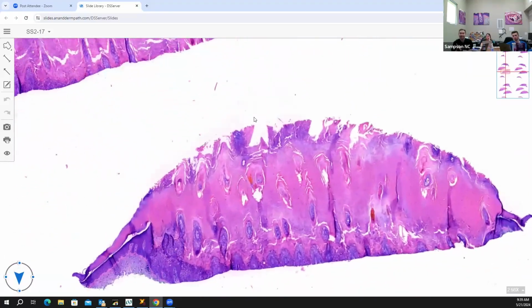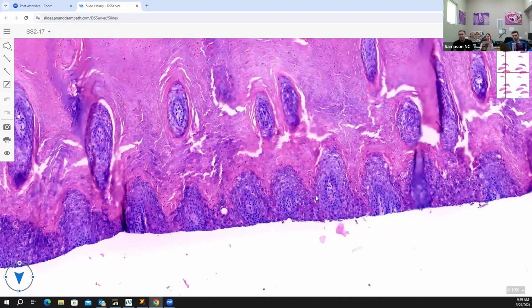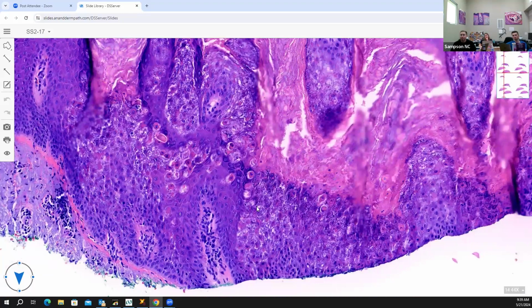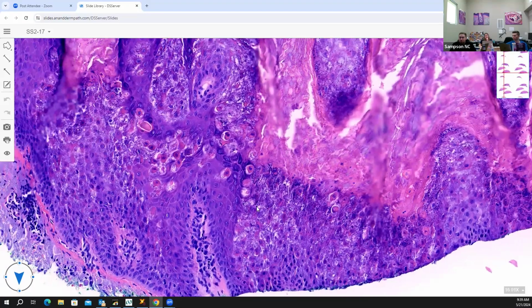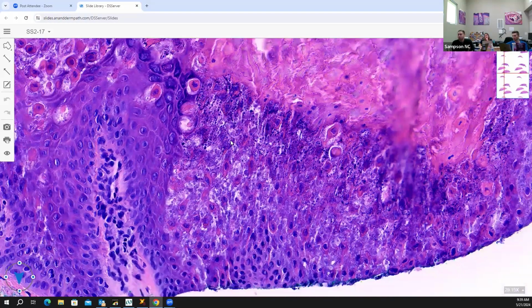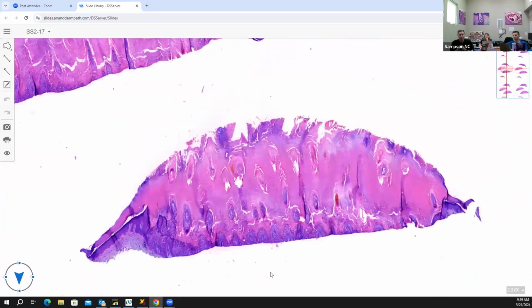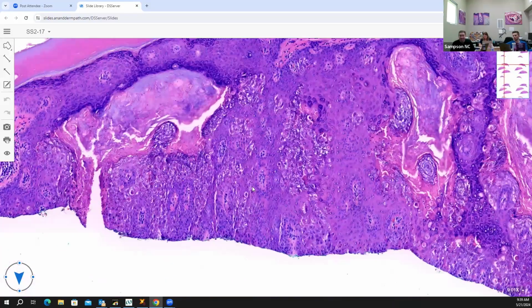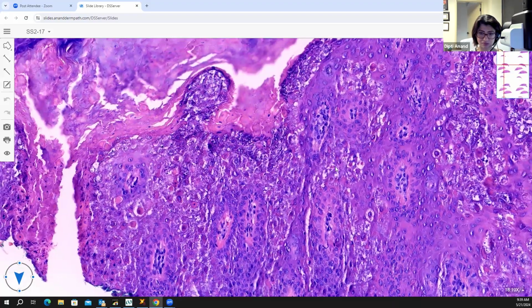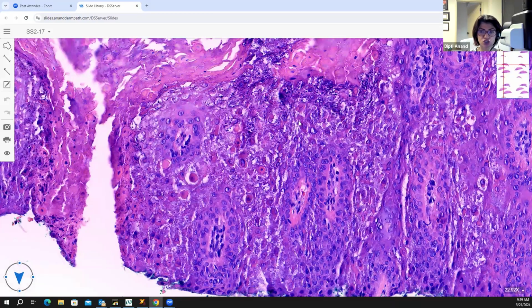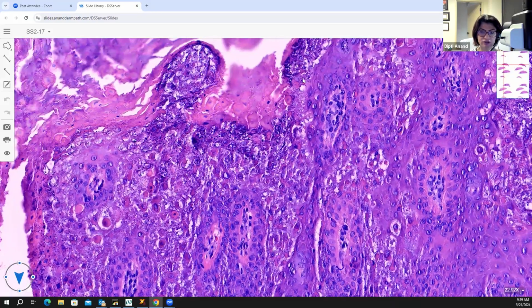Well, it looks like we have an exophytic papillomatous lesion here. Some real hyperkeratosis that's pretty eosinophilic. Some chunky looking cells at the base. It made me think of verruca vulgaris, so it's got the architecture of a wart. But it's got features which are not going with the wart. You are seeing the hypergranulosis,